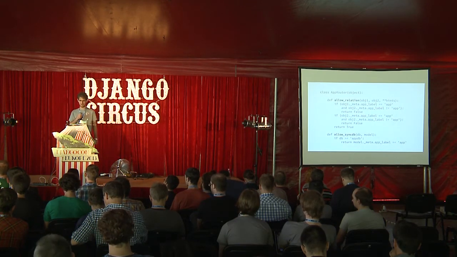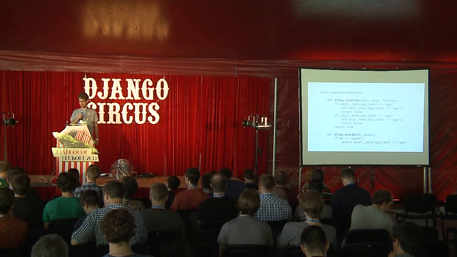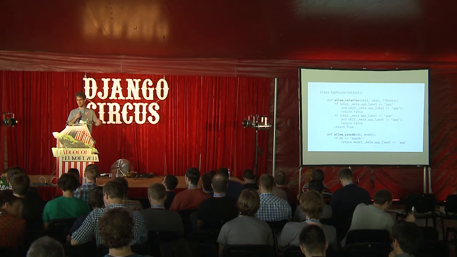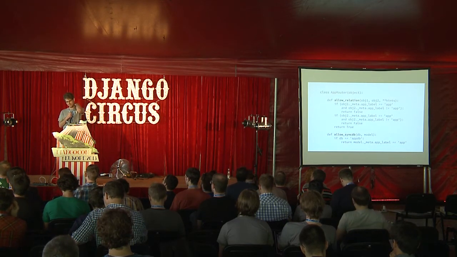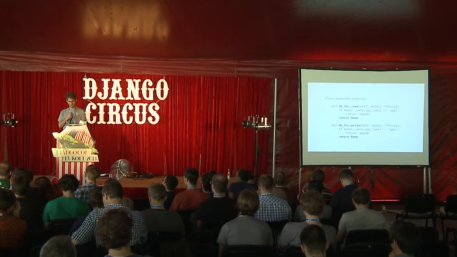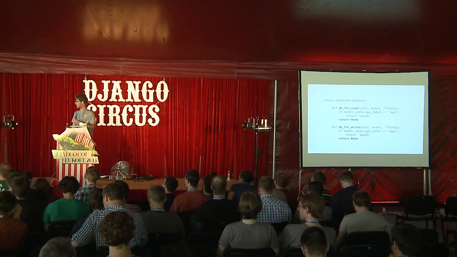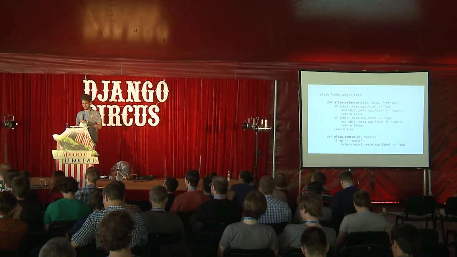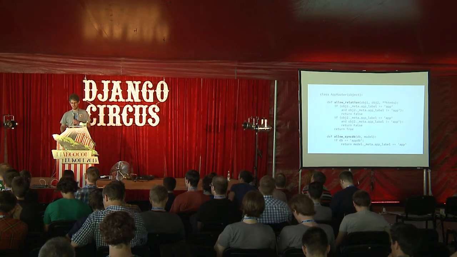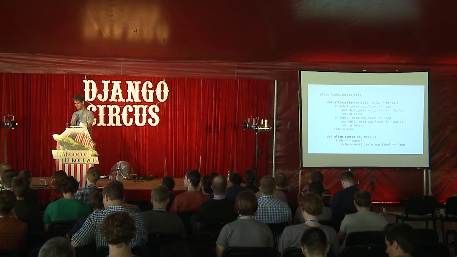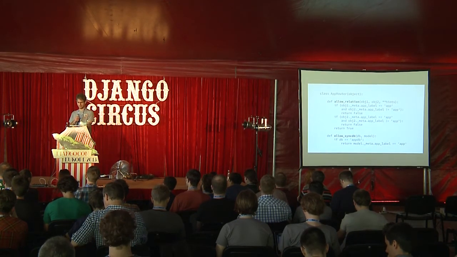There are also two other methods. They are used more for verification. allow_relation is used to see whether foreign keys from one model to the other model are allowed. So here, for example, when we store all models from app in the appdb, we can't have any foreign keys from other models to the models in app. And there is the allow_syncdb option, which is basically used by syncdb to see which models should be put in each database.